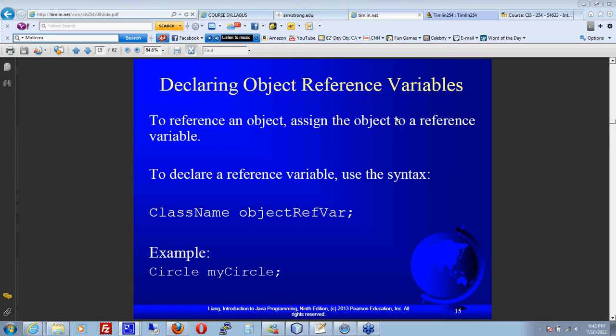Let's move on then. Declaring an object reference of a variable, and basically, and remember that in your,